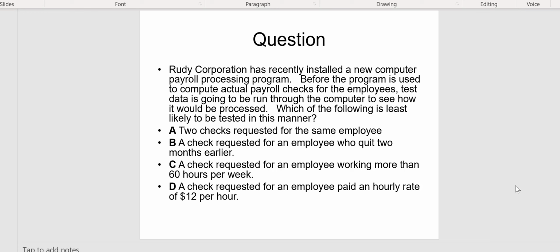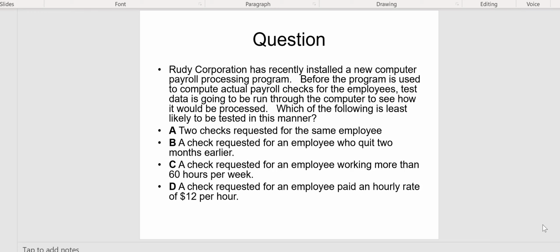B, a check requested for an employee who quit 2 months earlier. That would be perfect for test data, because there's the example of a person with an invalid employee number. C, a check requested for an employee working more than 60 hours per week. Well, that would be a good use of test data as well, because here in letter C we have a potential problem. Not an actual problem, but a potential problem that we may have set up a limit test where nobody can have more than 40 hours a week or more than 50 hours a week. So we could request a check for somebody with 60 hours, something that exceeds the limit, and see how the